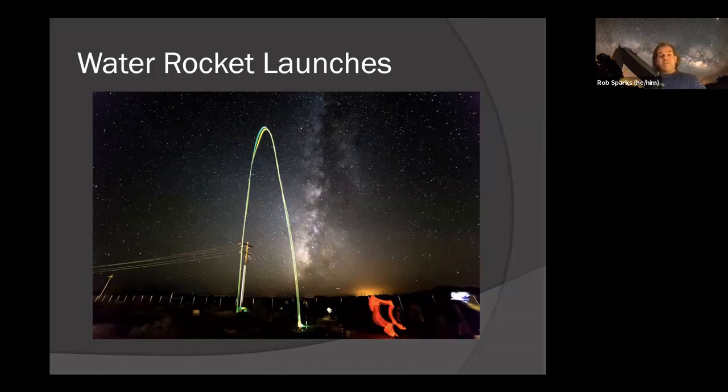So of course, as they were getting ready to launch the rockets, I thought, I bet this could make an interesting picture. We had the Milky Way setting in the background. This was an October star party, but the summer Milky Way was setting in the southwest, and the water rocket going up. I took about a 10-second exposure with a very high ISO and a very fast lens, and got this. It's a very interesting image.